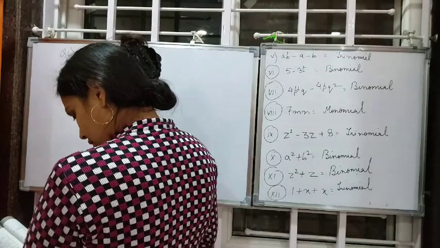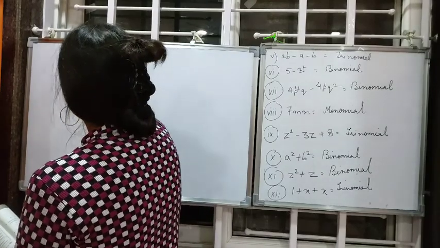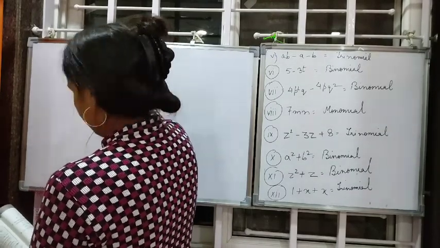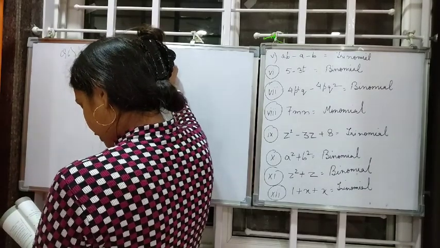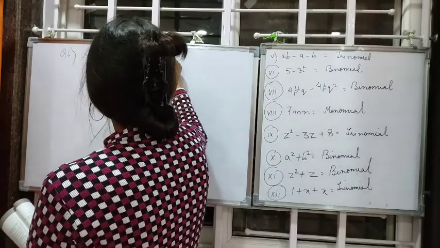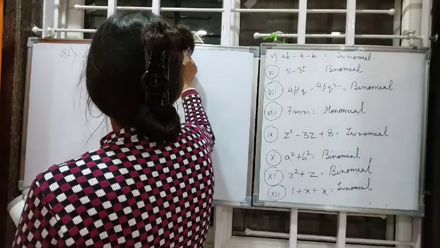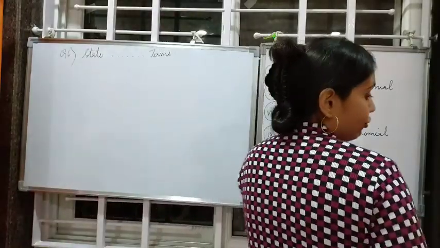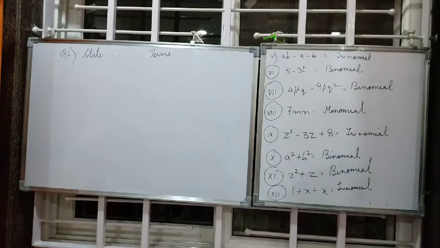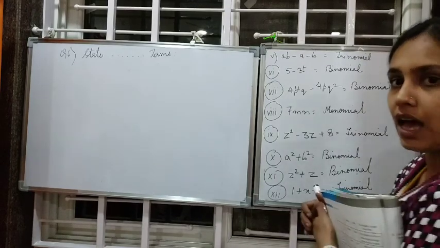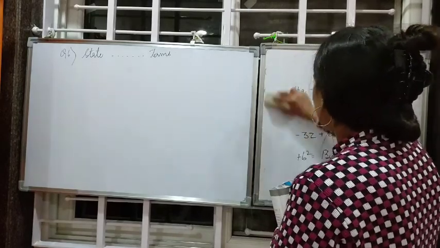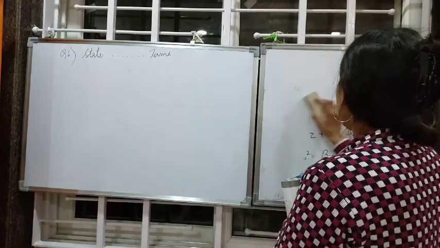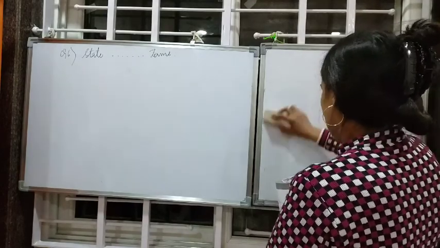And question number 6 says, state whether the given pair of terms are unlike or like terms. So, for that children, we should know what is a like term and what is an unlike term. So, do we remember? If the answer is no, no problem. We are going to revise it once again.